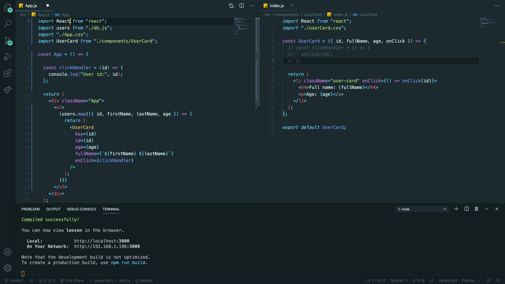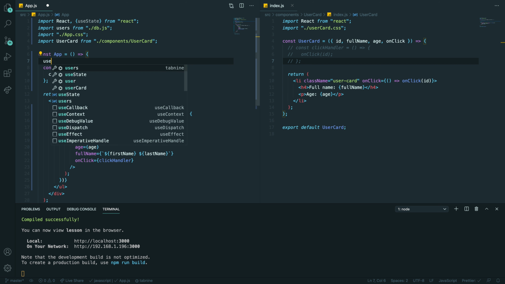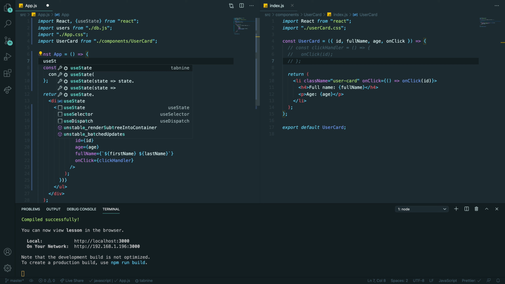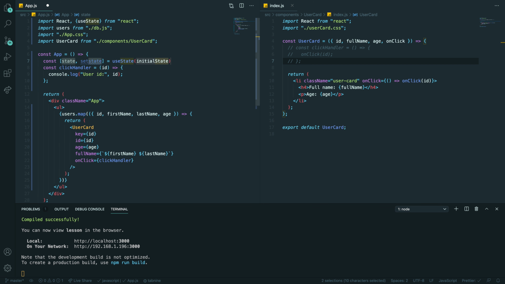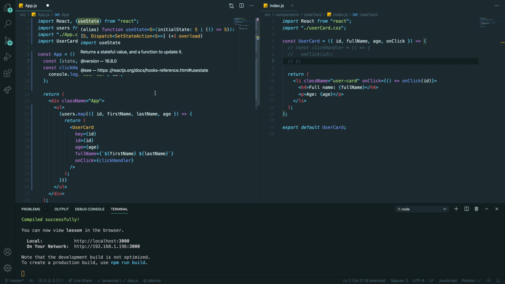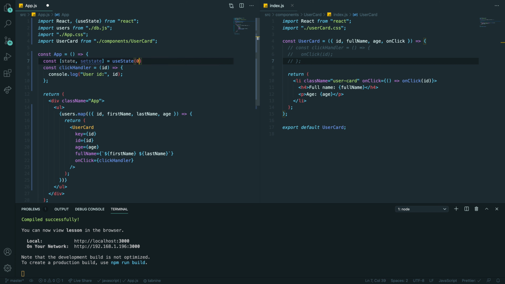So here, to have state, we want to use useState. This is the React hook useState. And the syntax, this is that hook, right, that we just imported. Here, let's say this is 0 for me.